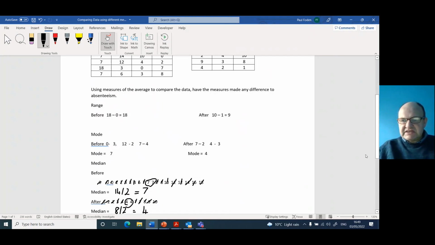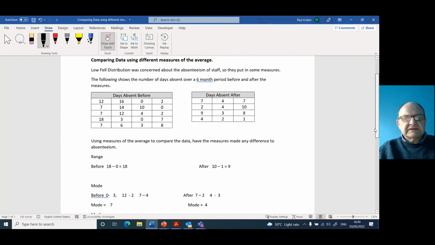So using the different bits of data there, we're able to compare the results before and after some measures have been put in place. So we could conclude from this that whatever they've done, whatever measures they've done to solve